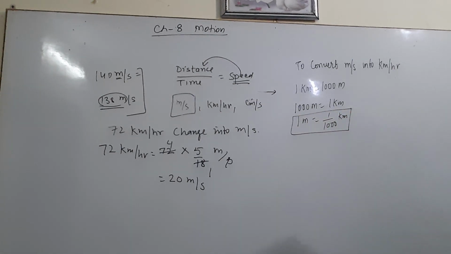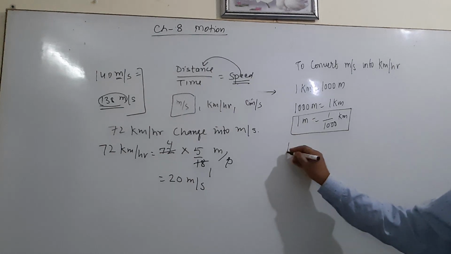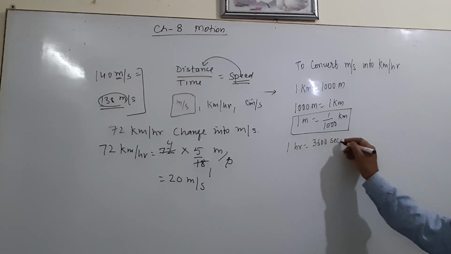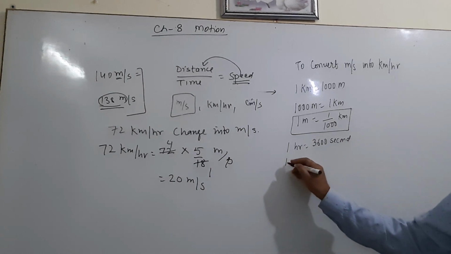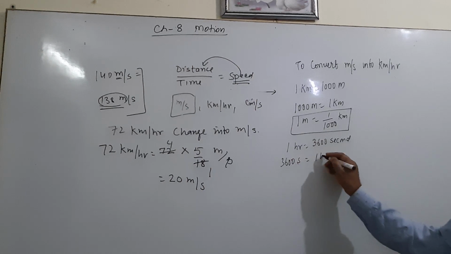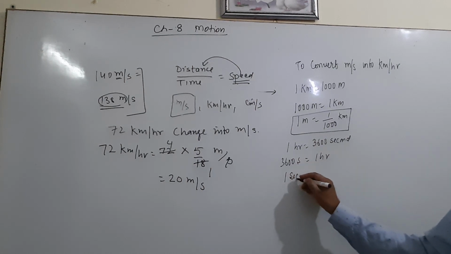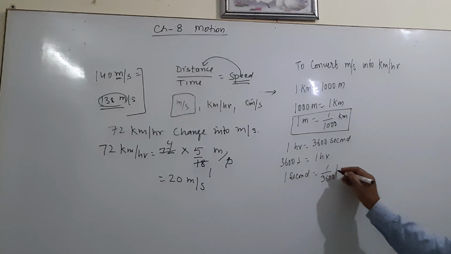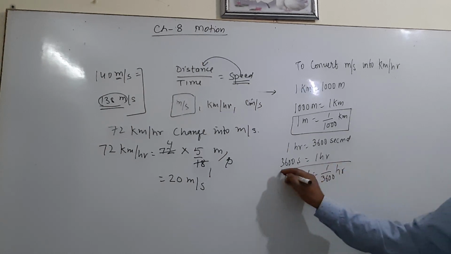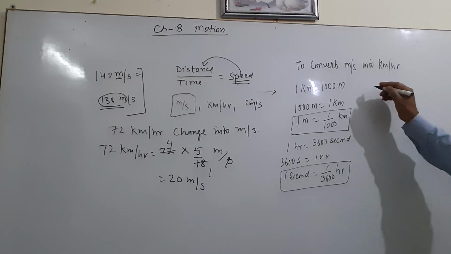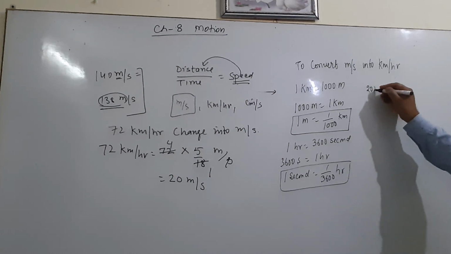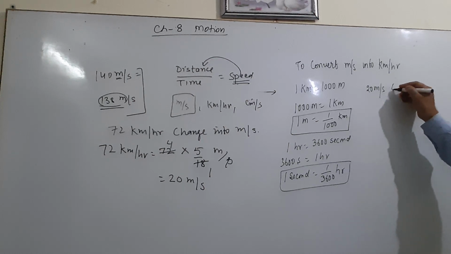First point. And second point: 1 hour is equal to 3600 seconds, and that means 3600 seconds is equal to 1 hour, or 1 second is equal to 1 upon 3600 hour. This is the second point. So that is meter per second, meaning 20 meter per second